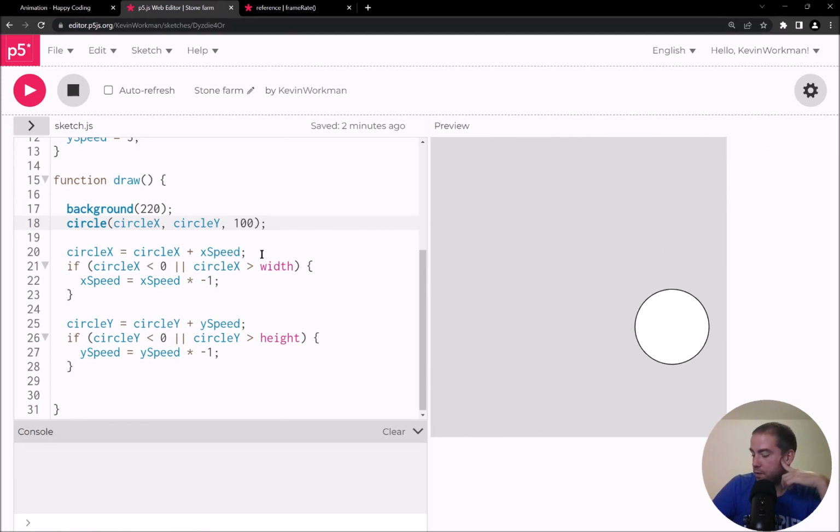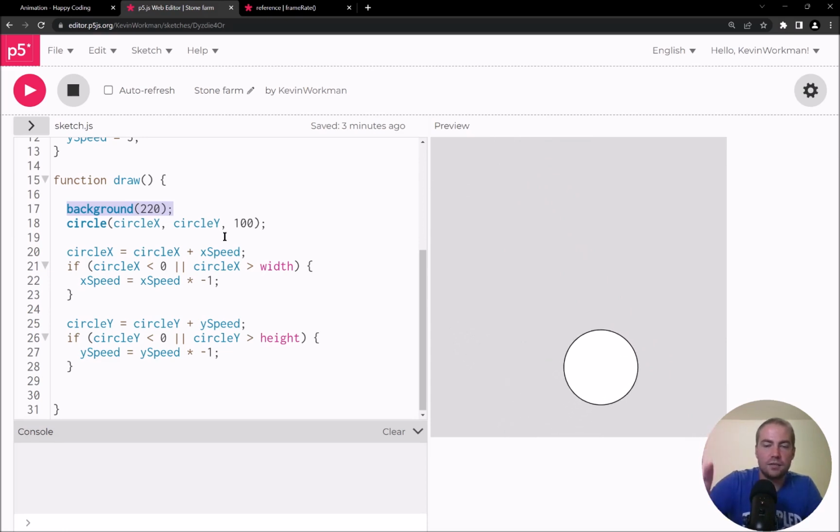Okay, two last things I want to talk about before I close it out. I'm looking at my handy dandy to-do list over here. One is, so far, what I've done every time draw is called is I've drawn a completely new frame. Specifically, I draw a background that's gray, and then I draw a circle at whatever the current position of the circle is. And that works well